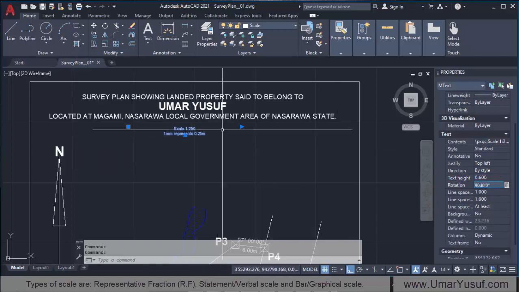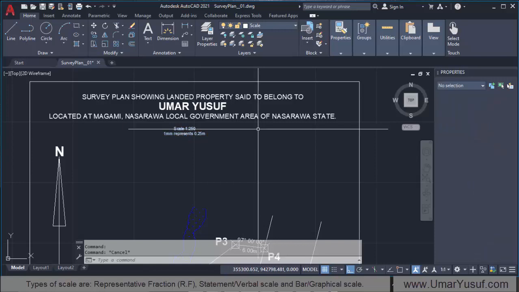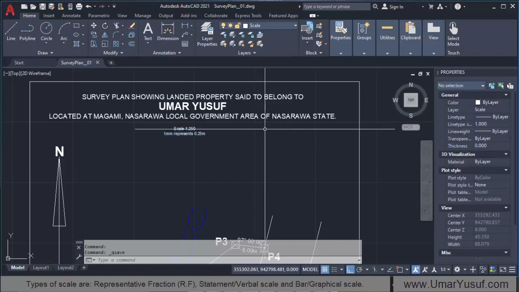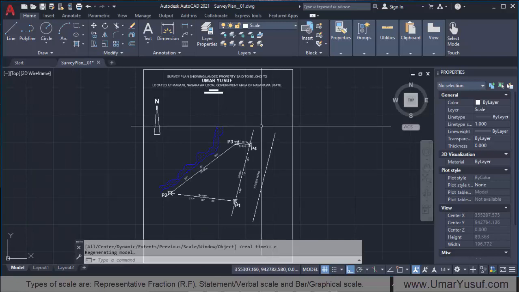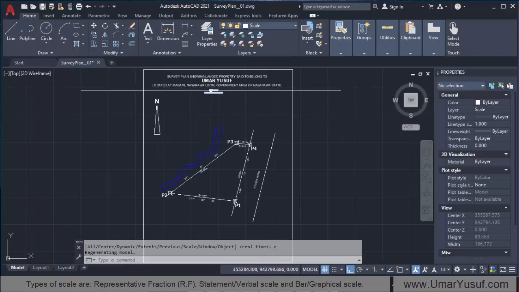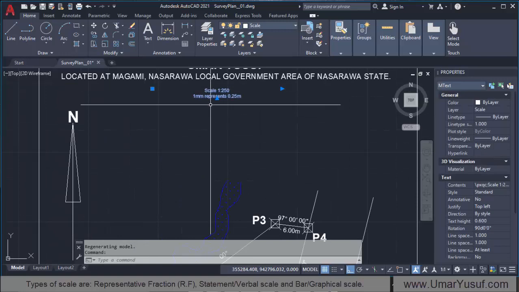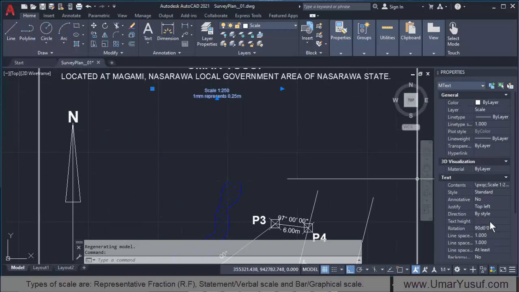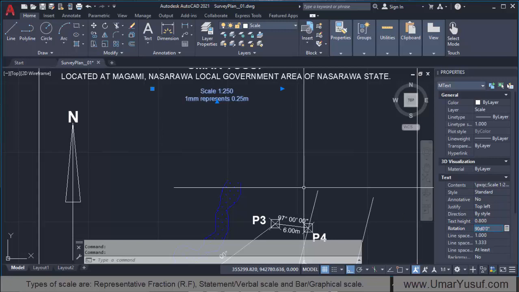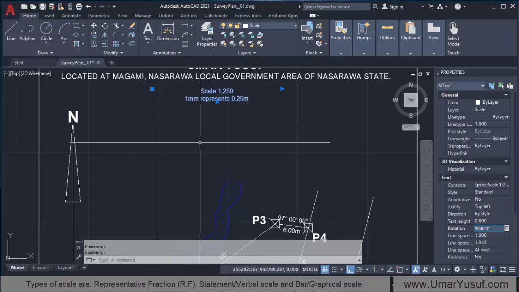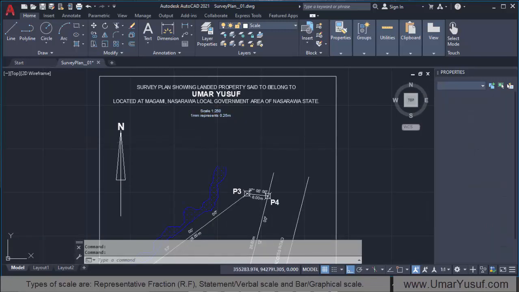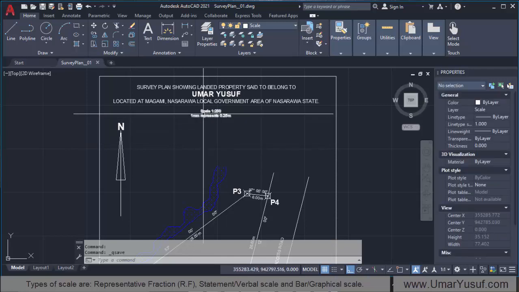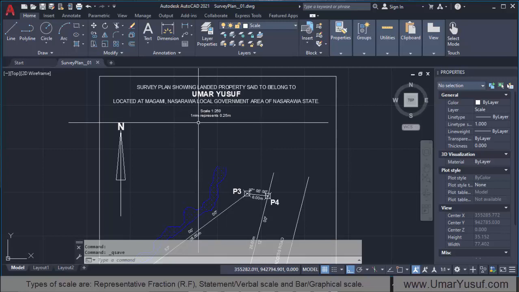I think this is better. You can save, Control S, then Z, enter, E, enter to zoom to extend. So I think this particular text height is okay, or I can make it 0.8 just to make it more legible. So this is it. So we have the fractional scale, the statement scale, and then we now need to add